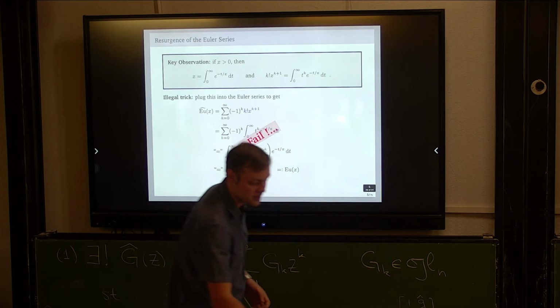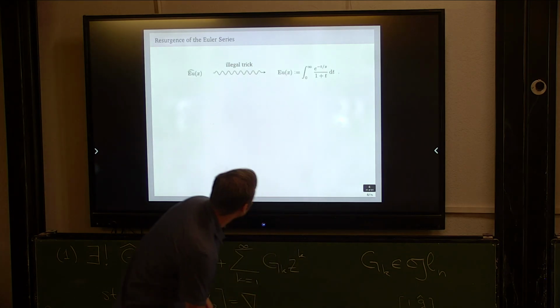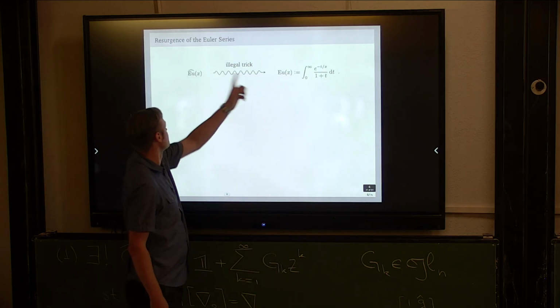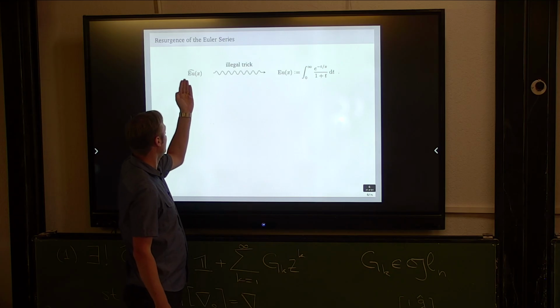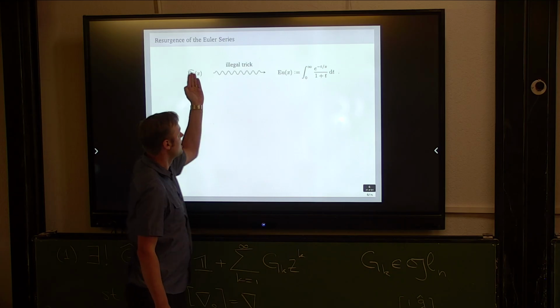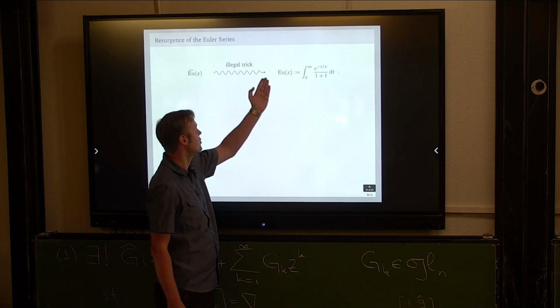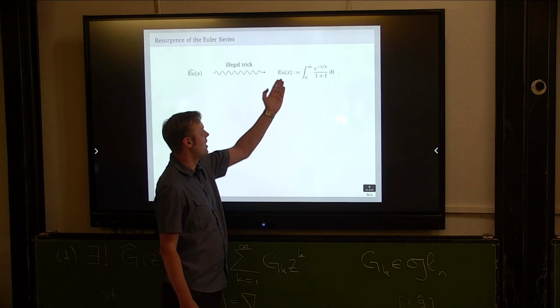Okay, so this was the legal trick. So we went from a formal power series, and somehow, with some kind of trickery, we extracted an analytic function